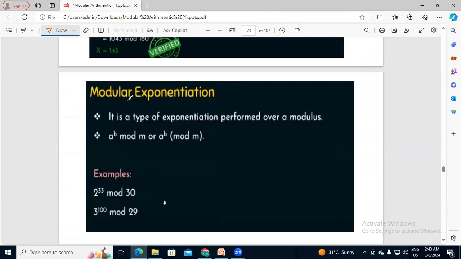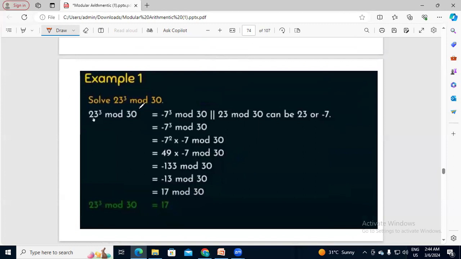Moving on with modular exponentiation, right? So modular exponentiation is a type of exponentiation performed over a modulus, okay? So a to the power b mod m. If you are having 2 to the power 33 mod 30, 3 to the power 100 mod 29, how to compute that? How to solve that? If the question is 23 to the power 3